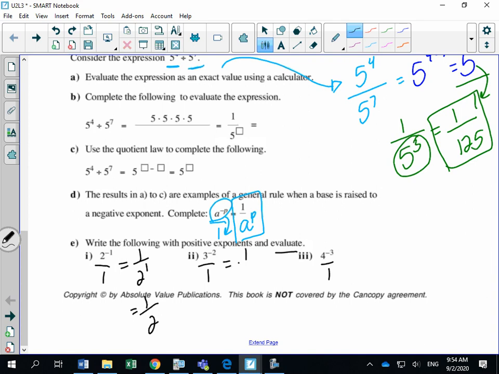This one would be 1 over 3 squared, which is 1 over 9. This guy is 1 over 4 to the power of 3. And if you evaluate 4 to the power of 3, that's 4 times 4 times 4, which is 1 over 64. Okay. Flip your page